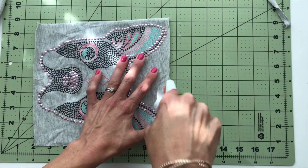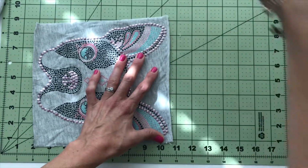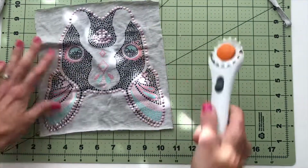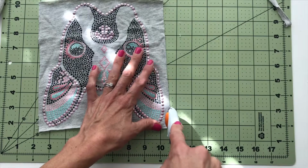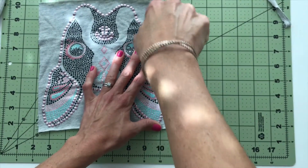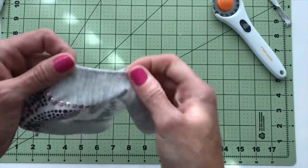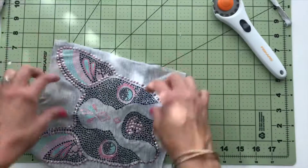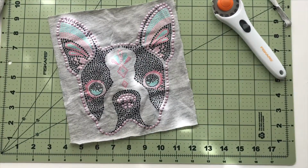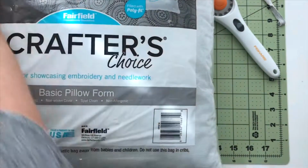Now for making the pillow, I'm going to use a 4mm crochet hook, because I'm going to single crochet around the edge of this. I'll make a border, and then I'll just continue single crocheting around the outside until my square is large enough. And then for the back of the pillow, I'm going to make a granny square, and these are the colors